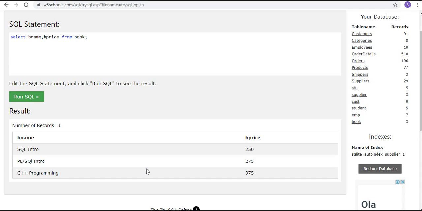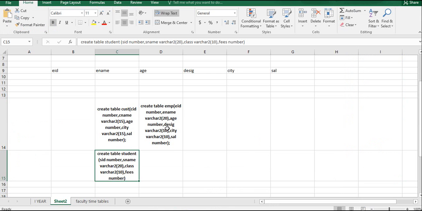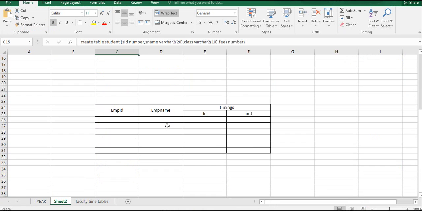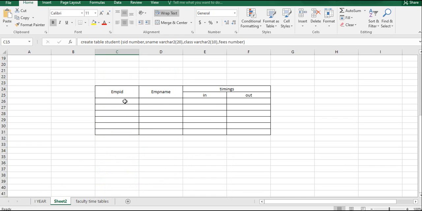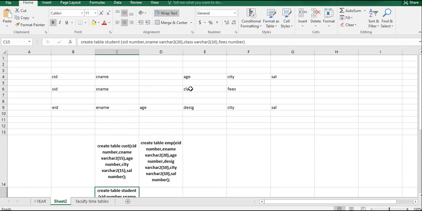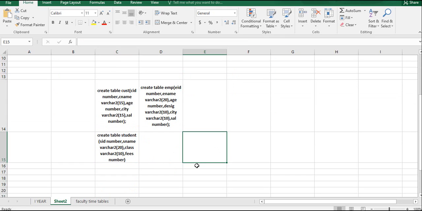No, sir. No? Okay. So now you just tell me how to create a table. I will tell you the table structure here. I am going with employee ID, employee name. These are not required, already we have created employee, student, customer. We will go with the orders table. Okay.